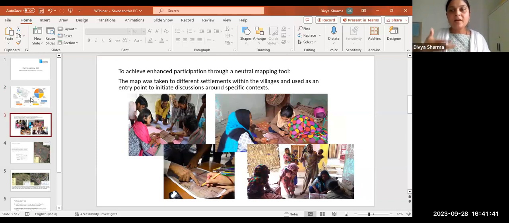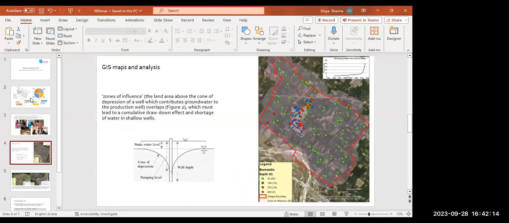So if a person is drawing more water, actually it is hampering the water of the person who is in the near vicinity. Normally water is like a private thing, because if you have your own borewell, nobody can question you how much you draw, but basically it's a common resource. But to have that kind of understanding, we had to sit with all the stakeholders together and understand the whole question. So when we mapped all the things,